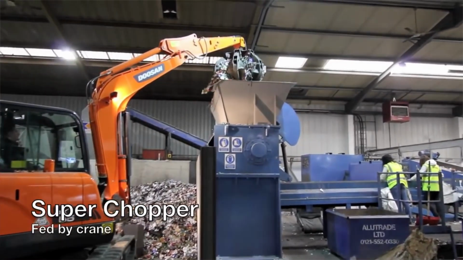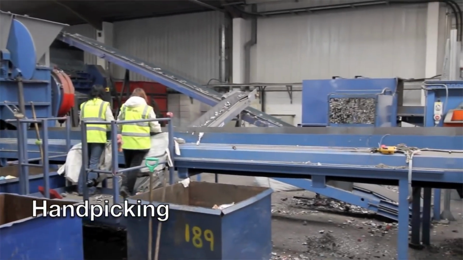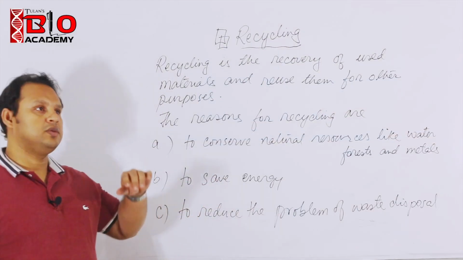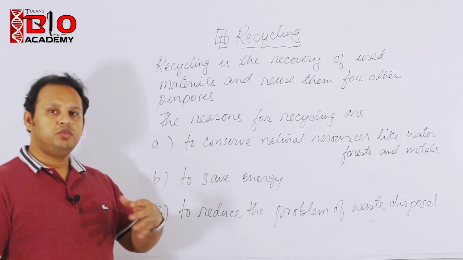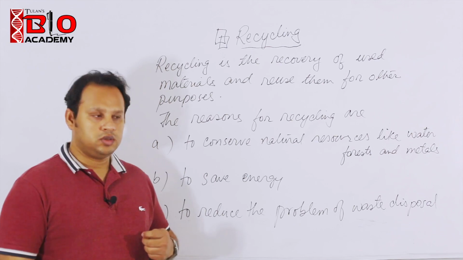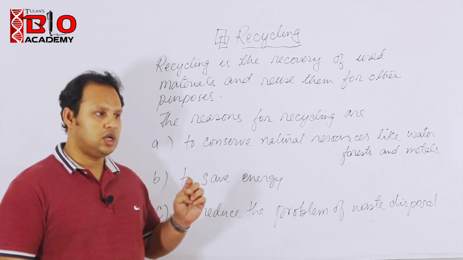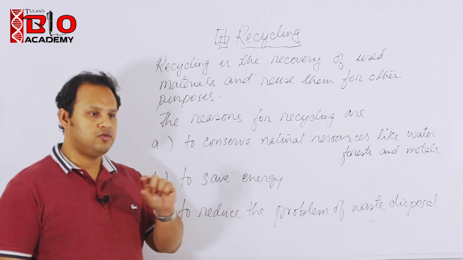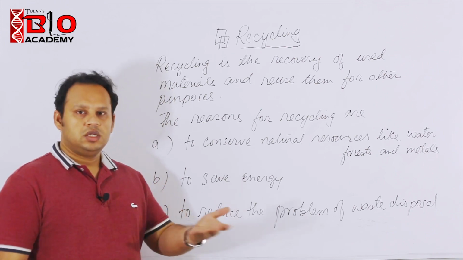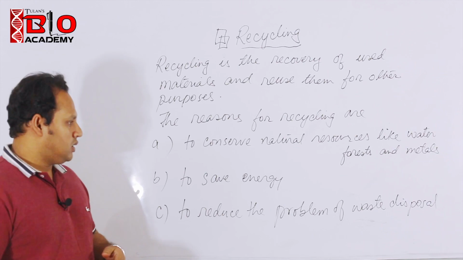For example, it is much cheaper to use scrap iron to make steel than to mine the iron ore and extract it. The scrap iron, for example, comes from old ships that are broken down to build new ships. In Cox's Bazar, we have a very big ship breaking yard. So ships, large tankers and large ships, are broken down and formed into something called billets, and from there iron is extracted, and that is used to make rods for construction purposes and all that. So you are actually recycling all this.